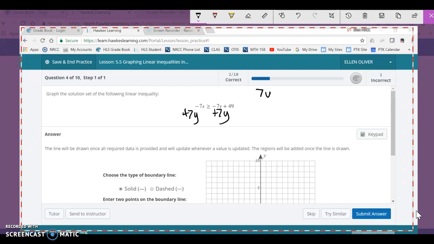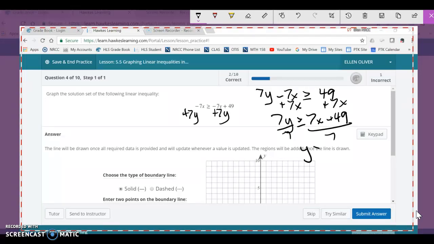So I've got 7y minus 7x greater than or equal to 49. Now I'm going to move my 7x over. 7y greater than or equal to 7x plus 49. Divide everything by 7. So y is greater than or equal to, so I'm going to shade above the line,